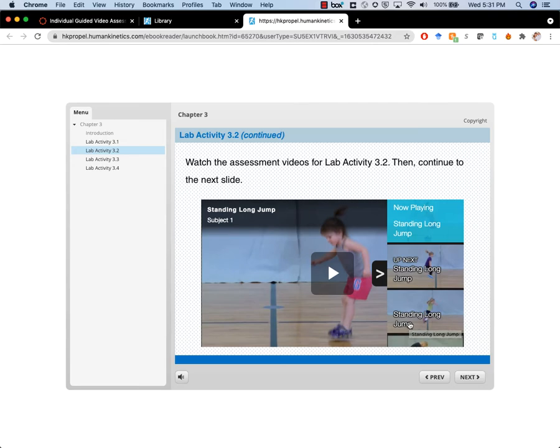For this assessment, you're going to evaluate 3 different jumpers, 1, 5, and 6, with respect to the movements of the legs, trunk, and arms to determine who is the least proficient and who is the most proficient jumper. You're going to think about the different constraints or factors that influence the performance of these skills. Then you're going to have to think about what types of specific activities would help to improve the jumping for